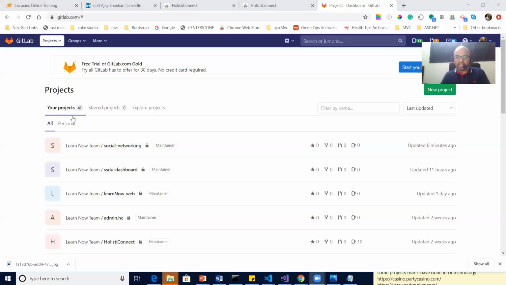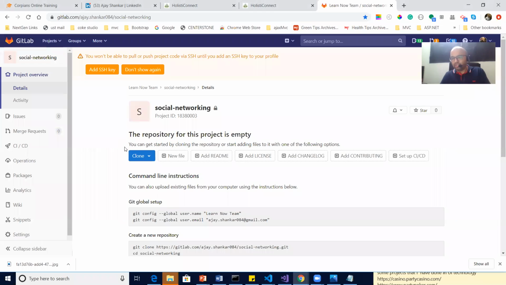Now let's take one more functionality. Here on my dashboard, you can see a lot of projects are there. Now how to open the social networking project? That is again one workflow. Once the user logs in, what is the workflow of this? User logged in, user at the dashboard. In the dashboard, choose the project, social networking, and now you are at the social networking project. Workflow finished. Got my point?